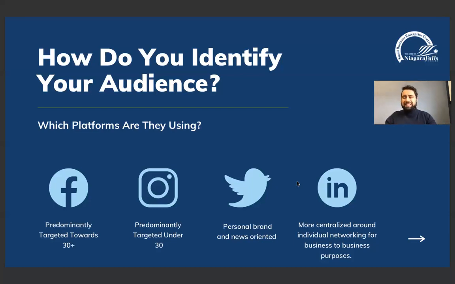Moving on over to LinkedIn. In my opinion, everyone should be on LinkedIn no matter what, because it almost has a certain level of eliteness or professionalism. When you are on the platform, you are there to network and to showcase what you do with other people in your respective fields.